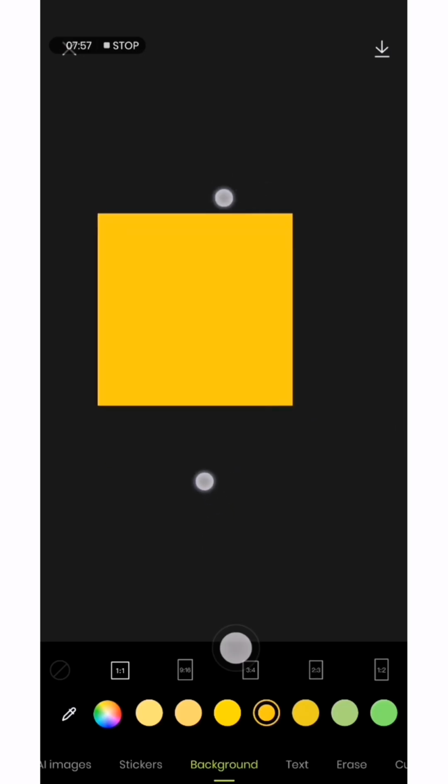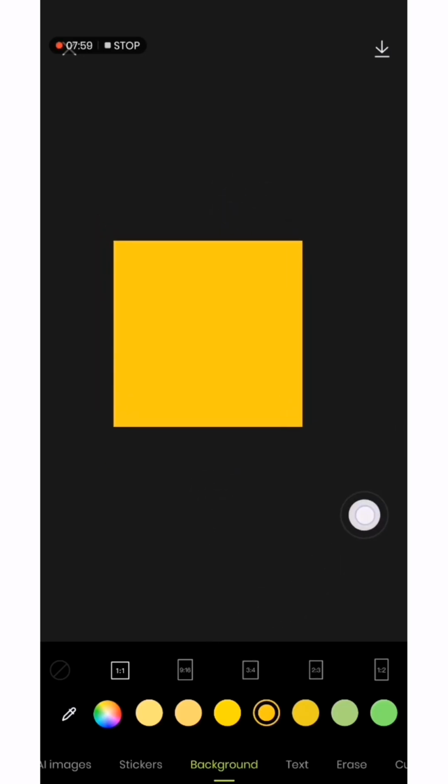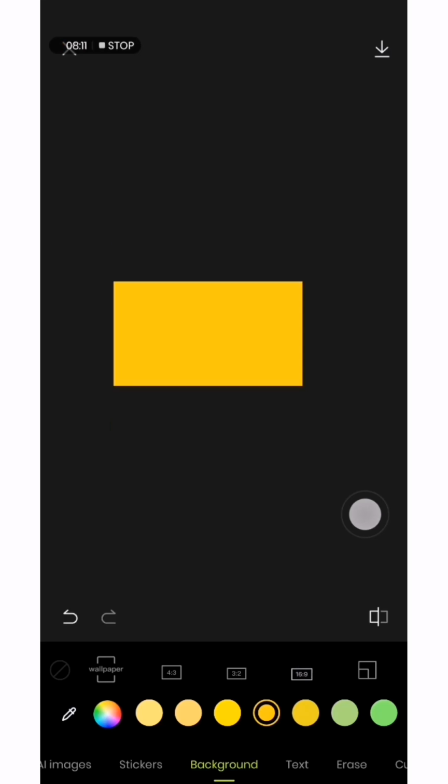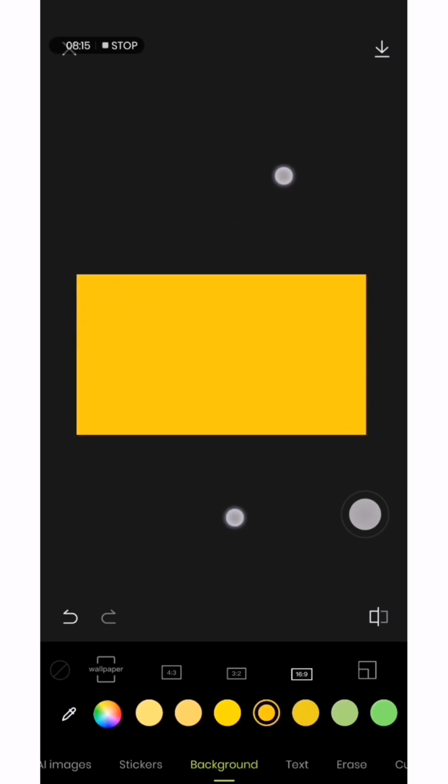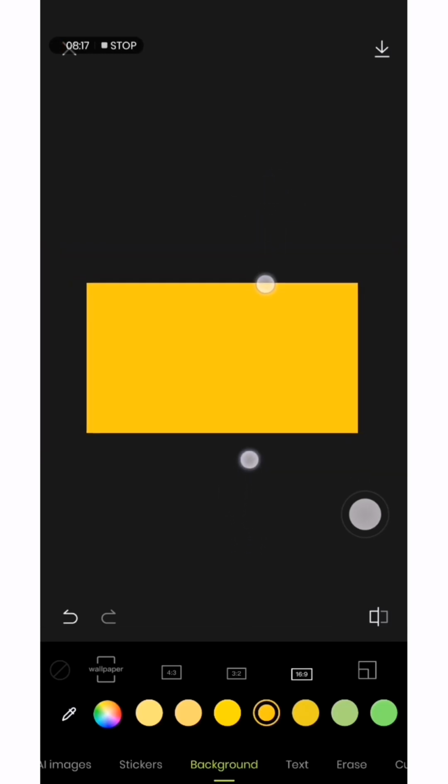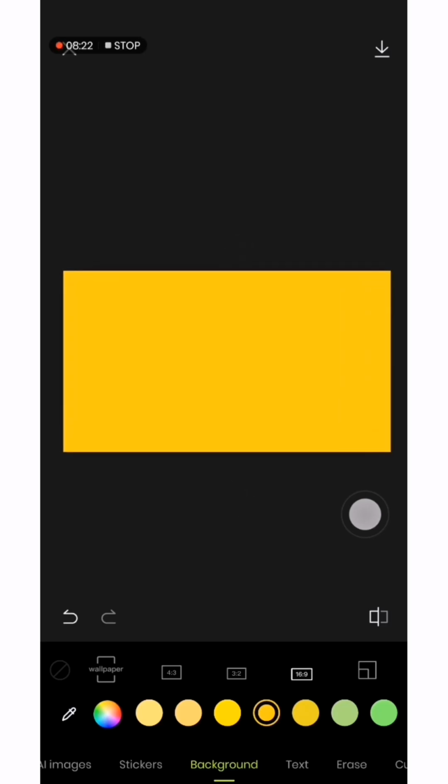From there you will be able to select the YouTube thumbnail size. You can just swipe through, and then you choose 16:9. That is for YouTube, the YouTube video size. So you can zoom it back by using your two fingers. All right, so you zoom it back, and then now